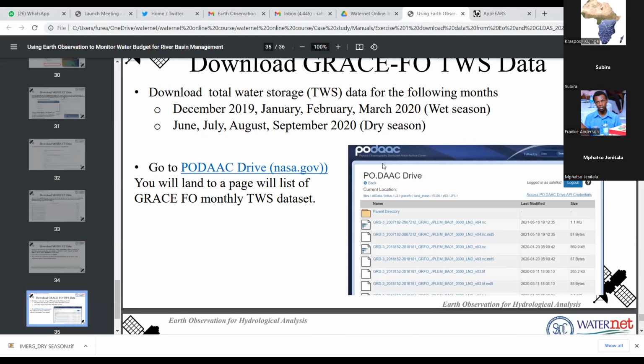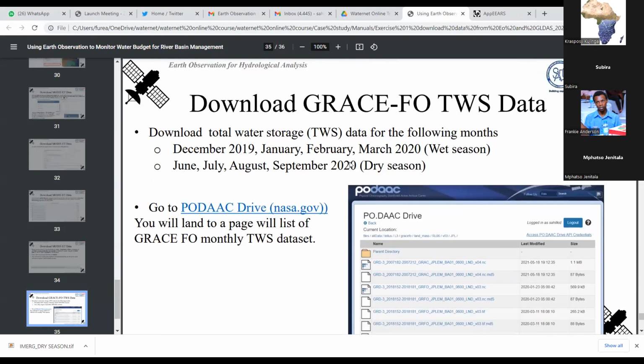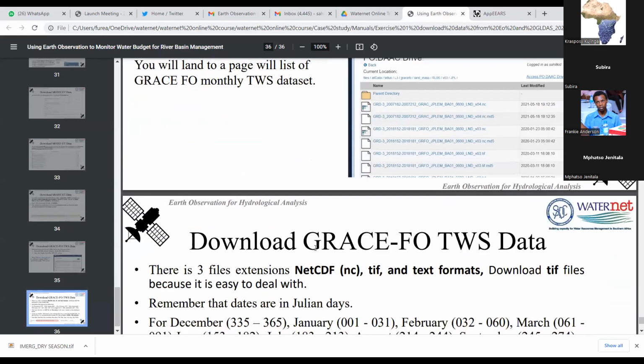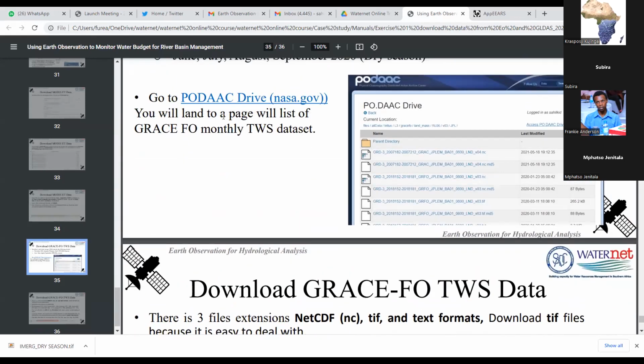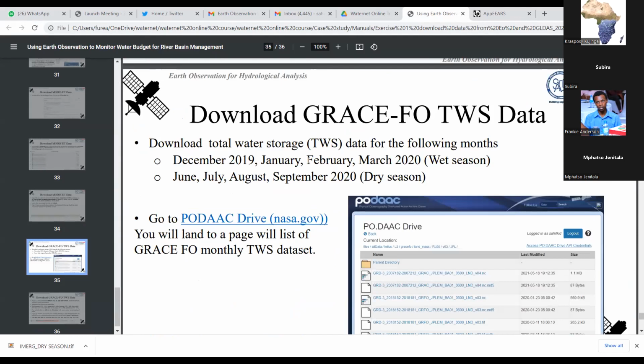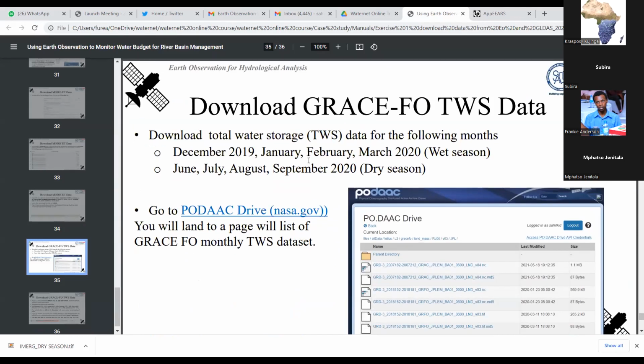So all the data will be downloaded from this dashboard, but for now it is not available online. So we will not be downloading GRACE for terrestrial water storage, but we will be using terrestrial water storage from GLDAS just to estimate the water budget. So that is for information. We will not be downloading GRACE-FO because as far as this manual is concerned, it demonstrates how to download GRACE-FO